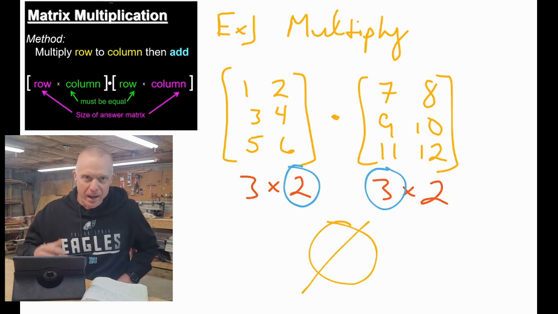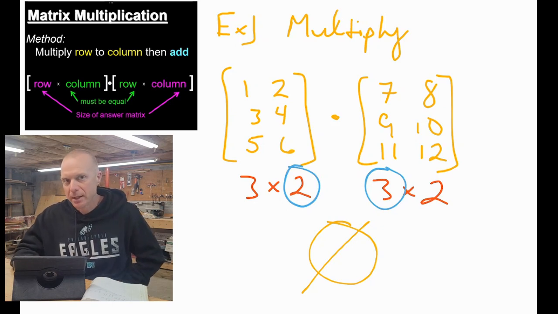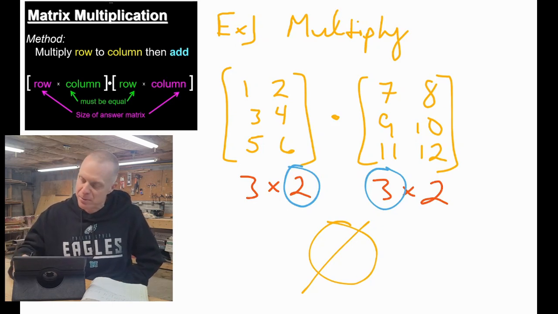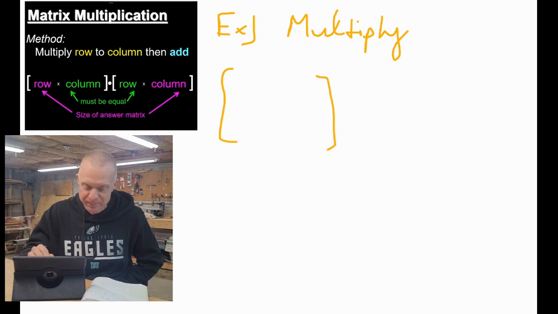But what I want to obviously point out here is that matrix multiplication is a little touchy. Some problems can be done, some problems can't be done. Okay, this is a good example of a can't be done. Let's see if you can multiply these as a little bit of practice